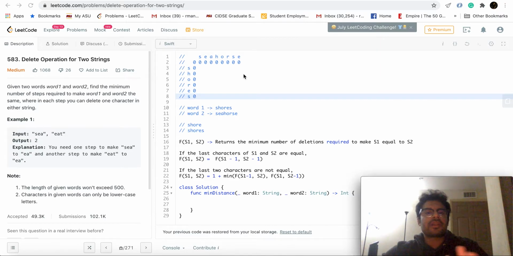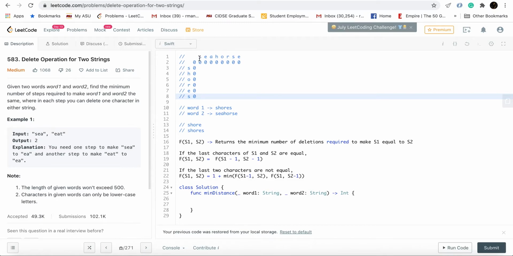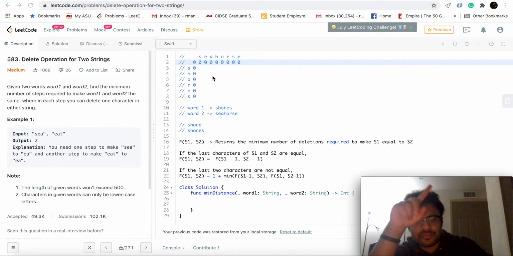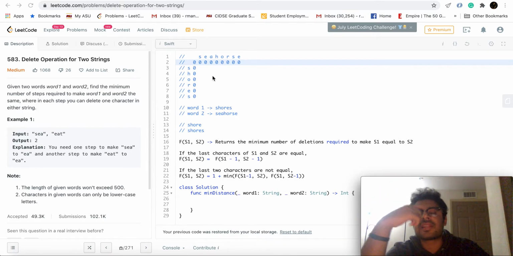Now we'll add one extra row and one extra column, meaning there is a column before this S, and there is a row before this S. I've only shown zeros for the top row and the first column, but the entire 2D array is zero. You can assume that.